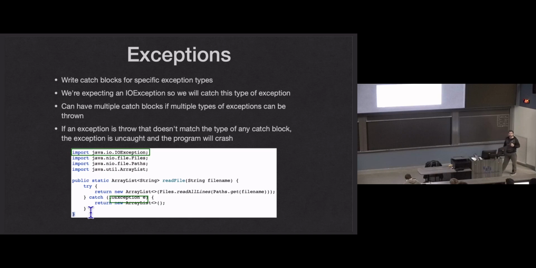So if you're running code that can throw multiple different types of exceptions and you want to handle each exception differently, you would have multiple catch blocks for each type of exception that can be thrown. And every exception does extend the exception class, so you can catch exception E without specifying the type of exception and just catch everything. Not recommended to do that, but you will see that at some point in your career if you haven't already. You'll see that code.